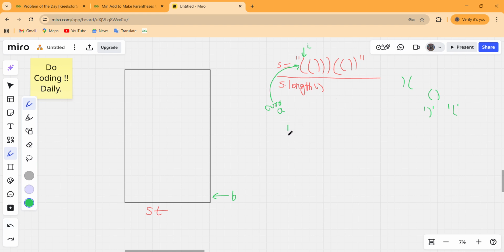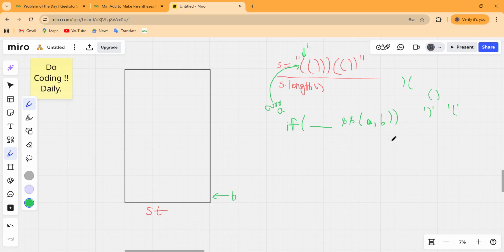So we will check whether our stack is empty or not. With that, we also have to check that our A and B are forming a valid pair or not.